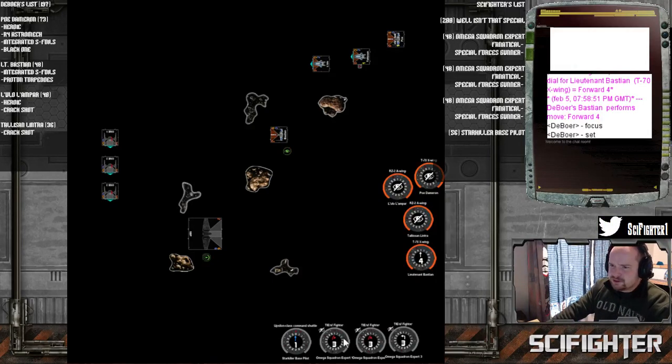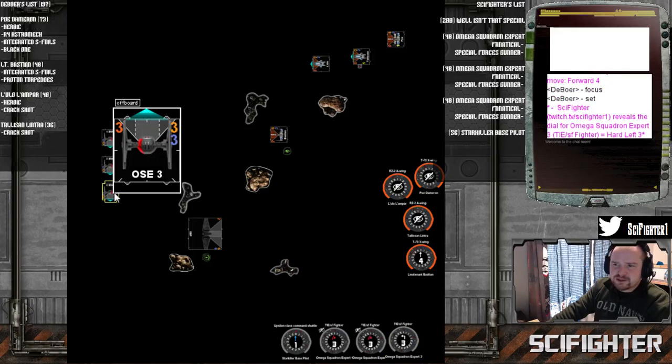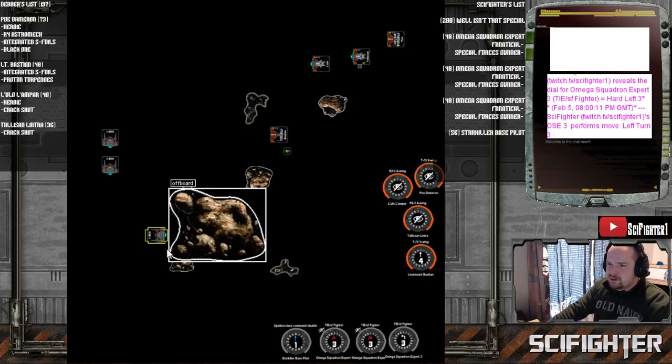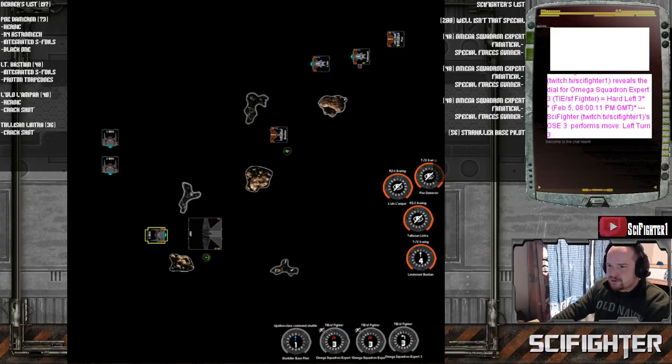Alright. Let's move 3 first. Get him out of the way with these sloops, just in case. Number 1, probably be fine, because he'd be over here, but I don't know. Hard left 3. Okay, and